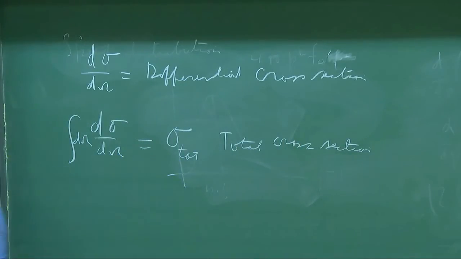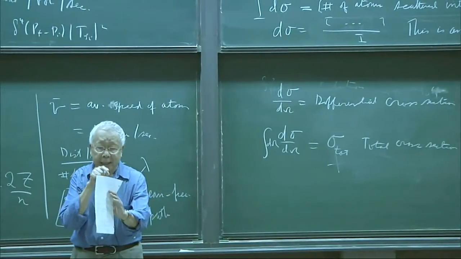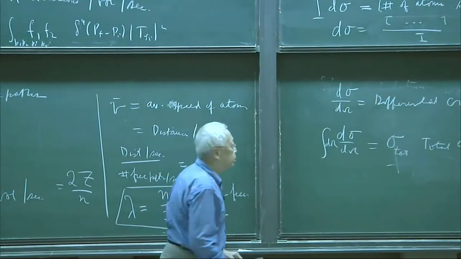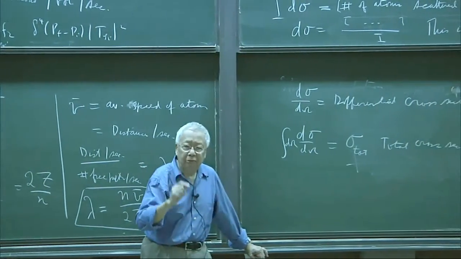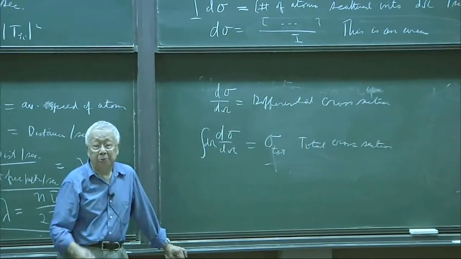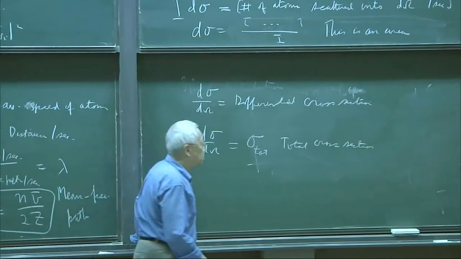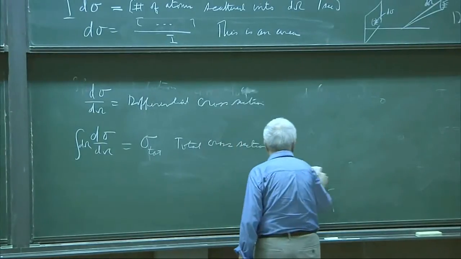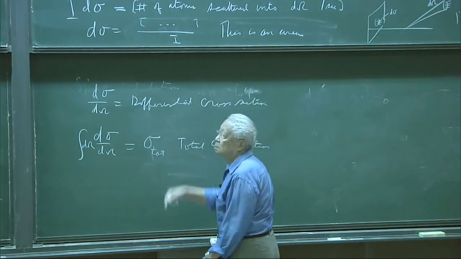Usually the total cross-section has a geometrical meaning. If you scatter off of an obstacle, this cross-section is of the order of the area of that obstacle, because the incident particle that hits that obstacle gets scattered. So that's an intuitive way to understand this. But in quantum mechanics, that's only a rough idea. When you calculate in quantum mechanics, it's not always true. Sometimes it's off by a factor of 2, because in quantum mechanics, what's being calculated are really waves, not billiard balls. But this is the general definition.